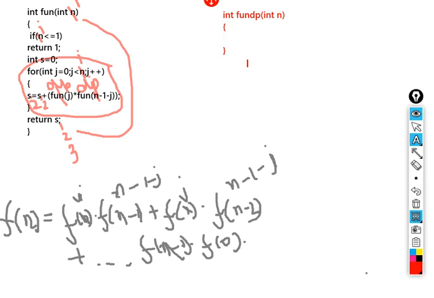Now we need to code, like we need to initialize first the dp array. So dp is equal to new int, n plus 1 over here. dp of 0 would be 1, dp of 1 would be 1.